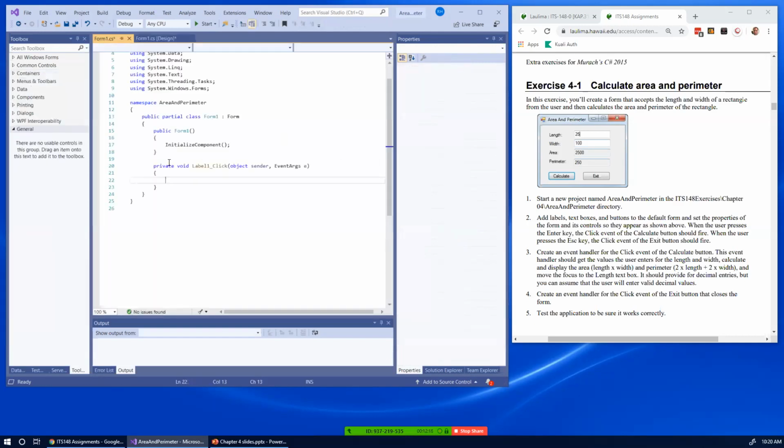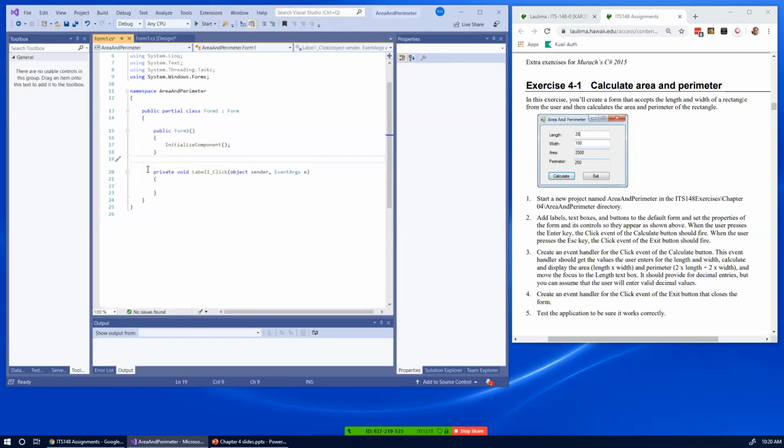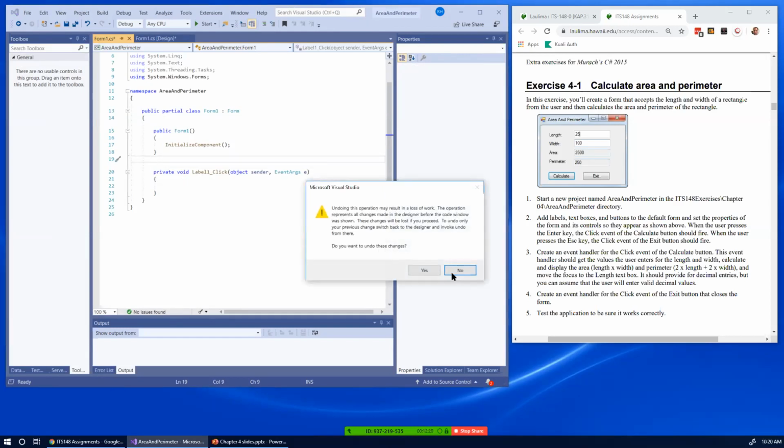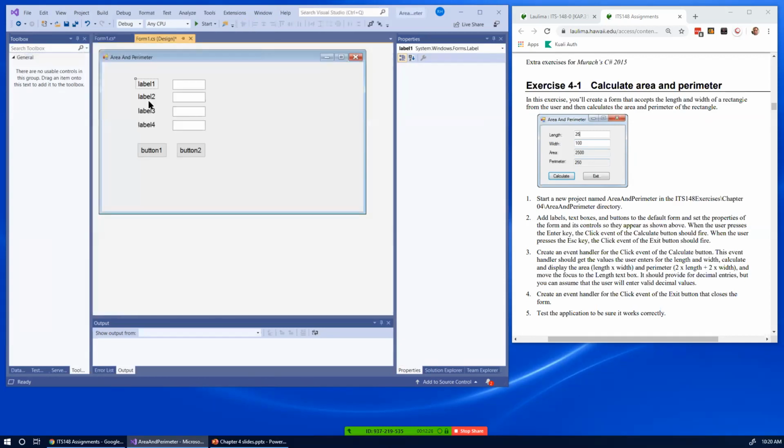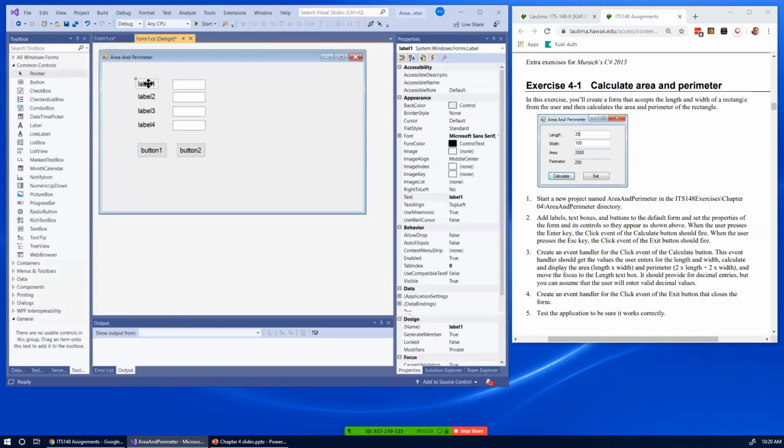let's see, I didn't mean to do that. I'll show you how to get rid of this later. Okay. I mistakenly double clicked on it. So click on label and find the text field right here, and I'm going to change this to length, colon,